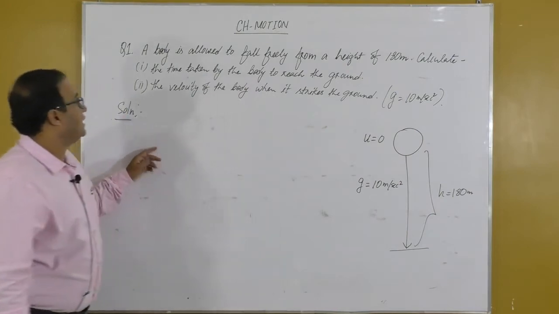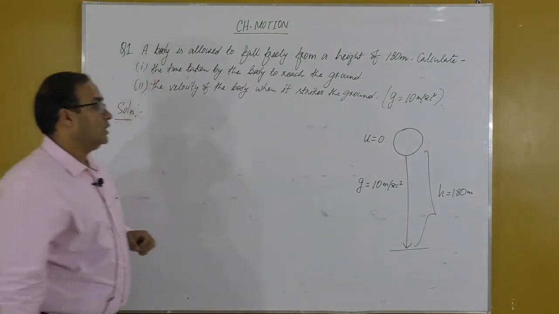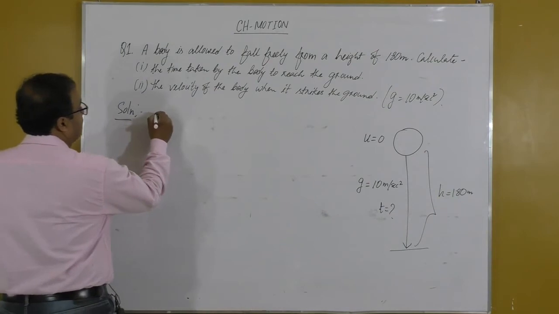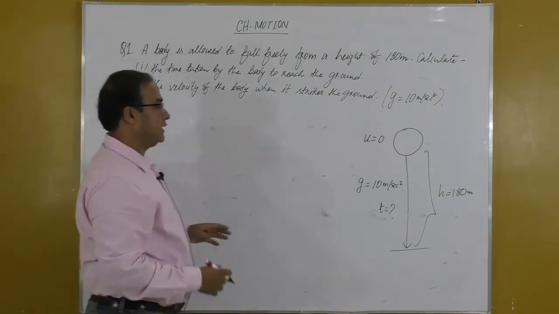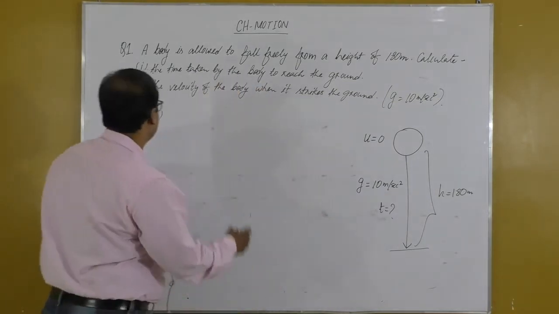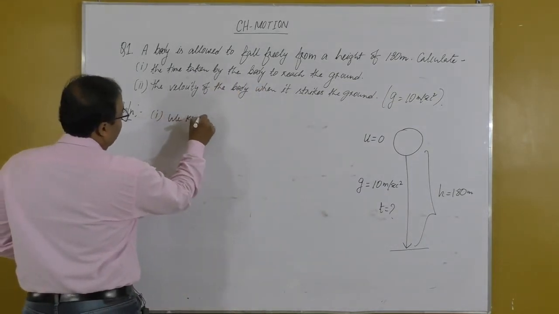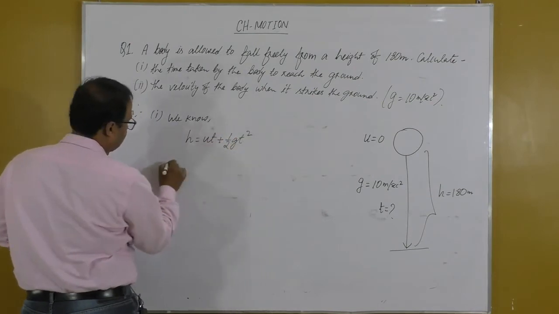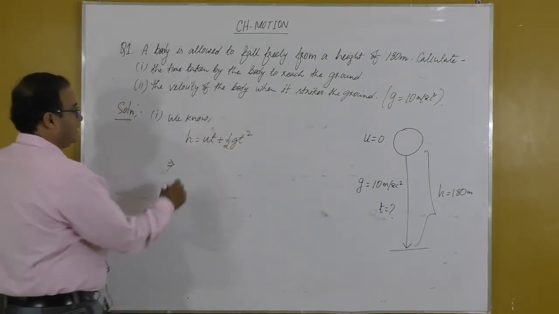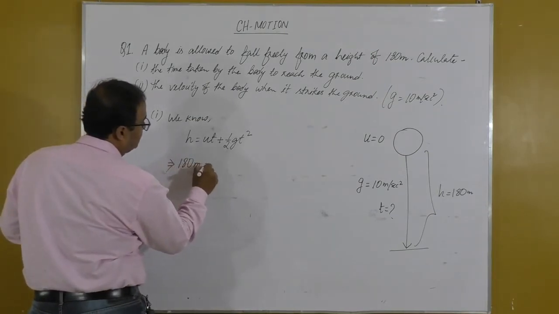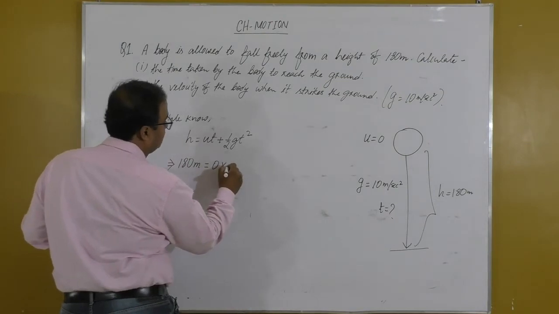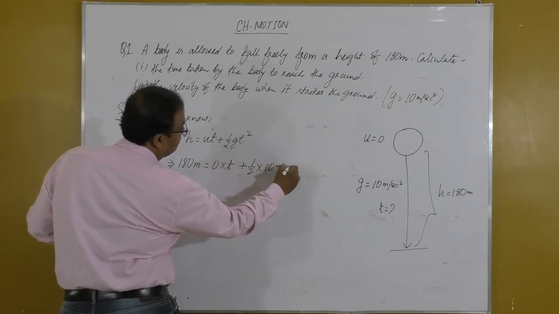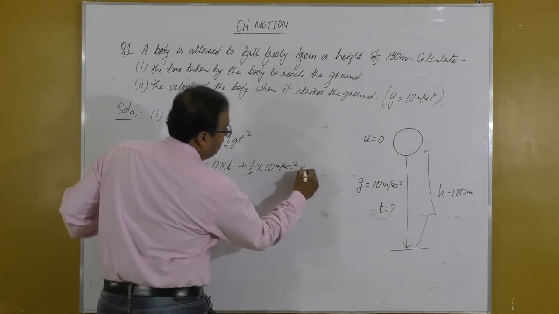सो u 0, g 10 मीटर पर सेकेंड स्क्वायर, हाइट गिवन है। और क्वेश्चन नंबर 1 में पूछा गया द टाइम टेकन बाय द बॉडी टू रीच द ग्राउंड, बॉडी को ऊपर से नीचे आने के लिए कितना टाइम लगेगा, दैट वी विल हैव टू फाइंड आउट। सो फॉर द फर्स्ट पार्ट इक्वेशन ऑफ मोशन अगर हम लोग देखें, यू जी एच टी वाला इक्वेशन है, we know the equation h equals to ut plus half gt square। h का वैल्यू यहां गिवन है, इट इज 180 मीटर, u 0 है, टाइम गिवन नहीं है, प्लस हाफ इंटू 10 मीटर पर सेकेंड स्क्वायर, एक्सेलरेशन ड्यू टू ग्रेविटी का वैल्यू, एंड t स्क्वायर।